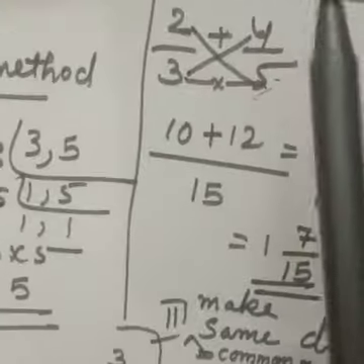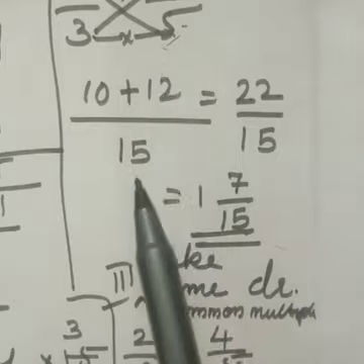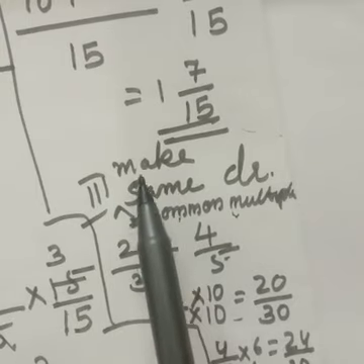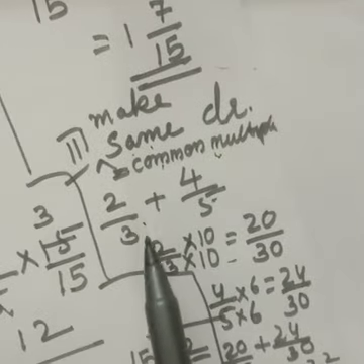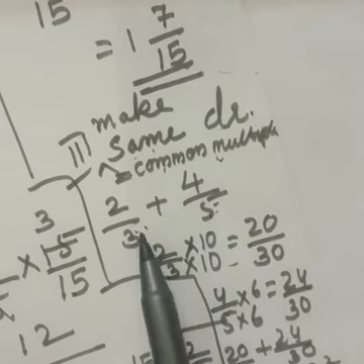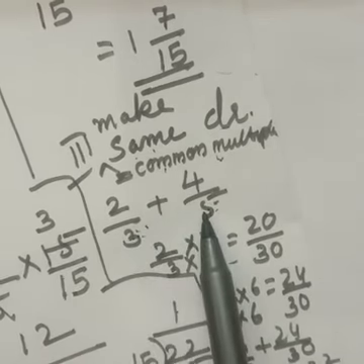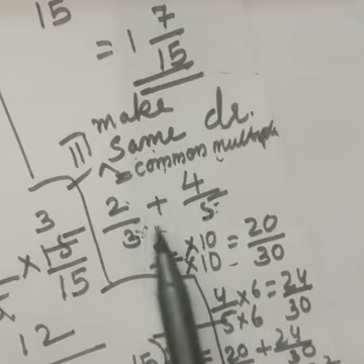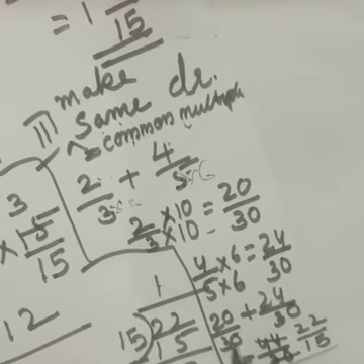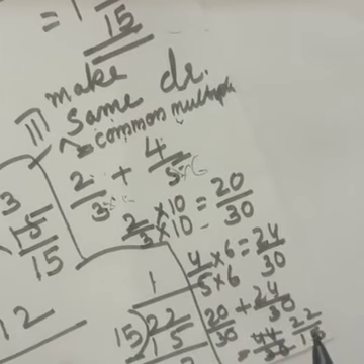See, next one is cross multiplication. Cross multiplication, cross you multiply. Denominator is the multiplication of the denominators. Then this is called the common multiple method. That means make the denominator the same. Any common multiple of 3 and 5 you can take. I took 30. 30 is a common multiple of 3 and 5. After that I make 3 as 30 and 5 also 30 by multiplying by 10 up and down. Here I multiplied by 6 up and down. So see, the denominator is the same denominator I made. After that I am adding and cutting.